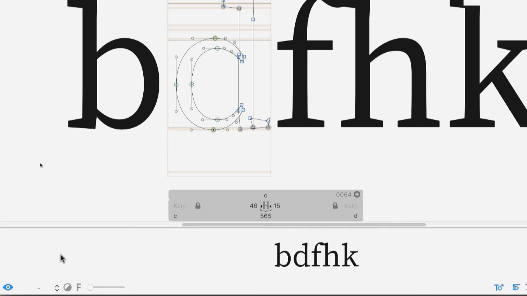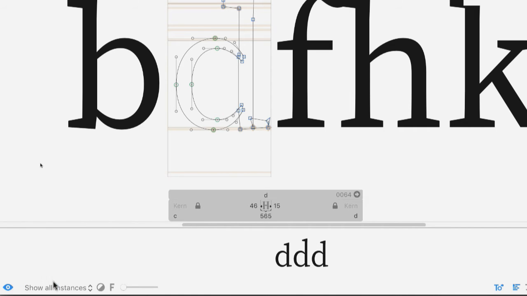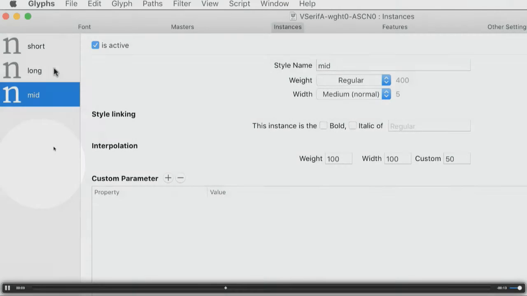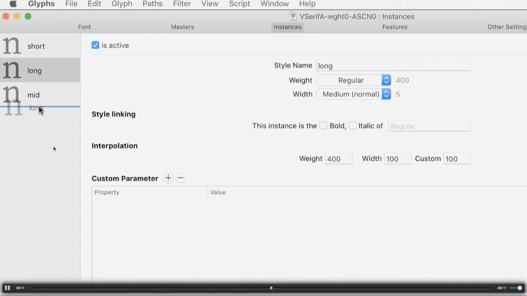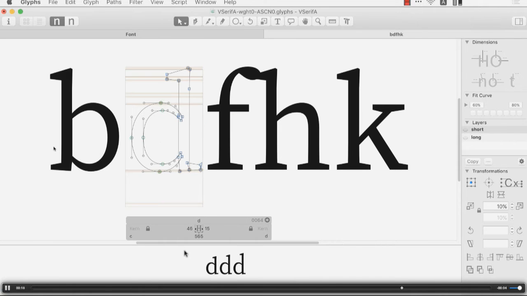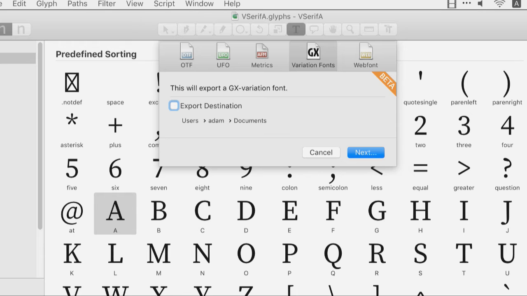Then I can use the little preview at the bottom to either switch between the instances or show all instances for the current glyph. I noticed that the order isn't right, so I'm going back in, drag and drop, and reordering the instances, then switching back and forth for them to update, and they're in the right order now, so I'm ready to build my variable font, and Glyphs has the export GX variation fonts format,